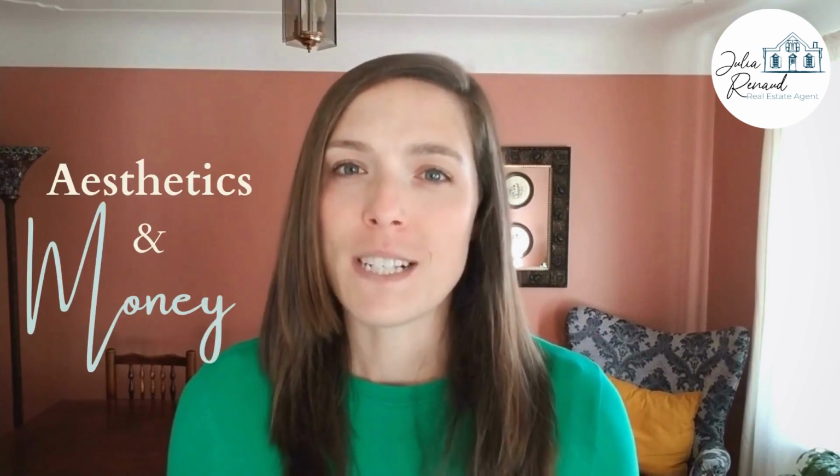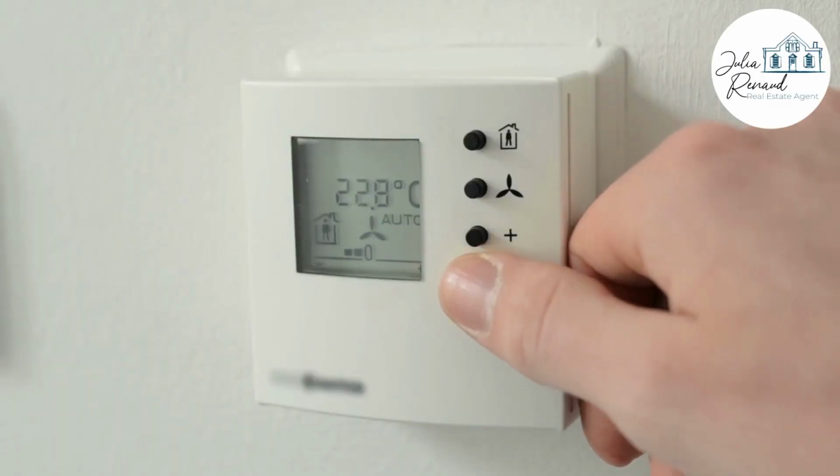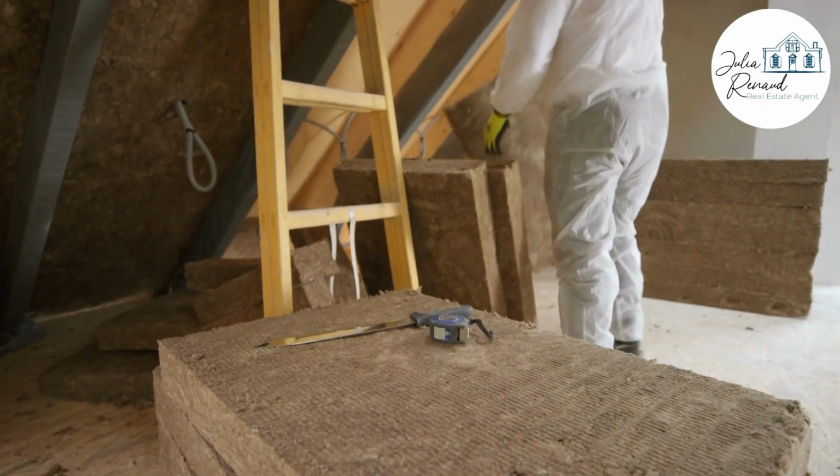Aesthetics shape our perspectives. Newer homes tend to be more aesthetically pleasing to the masses, especially if they're brand new and in style. They're usually built with newer components, think along the lines of energy efficient furnaces and more effective insulation, and also tend to have a bit of a wow factor. Because of all these things, they're often more expensive, but they can also end up looking like every other home